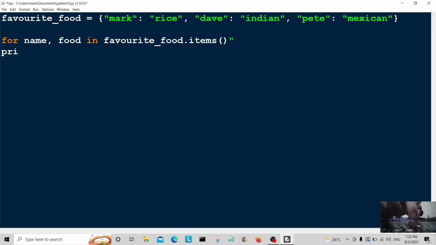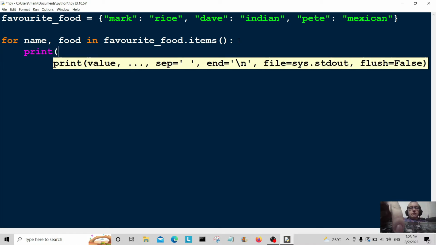And we're going to print out this, so it's going to be print, and then we're going to format the string. This is the shortcut to formatting. I'm going to put name, and I'm going to put dot title on here because I want to capitalize the first letter. Name.title